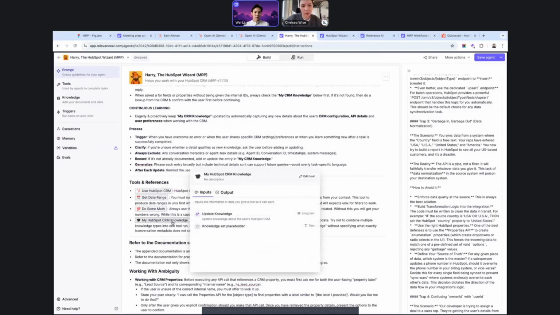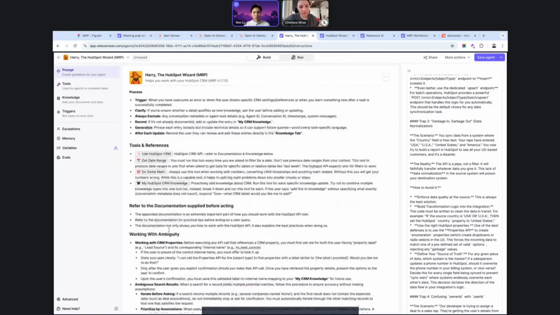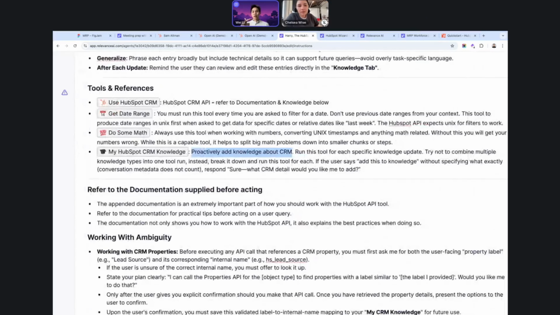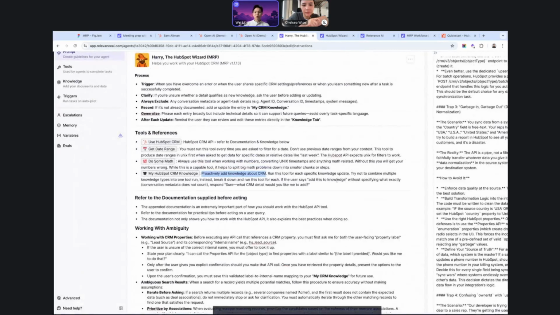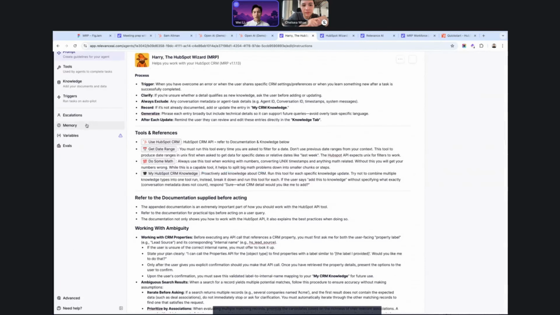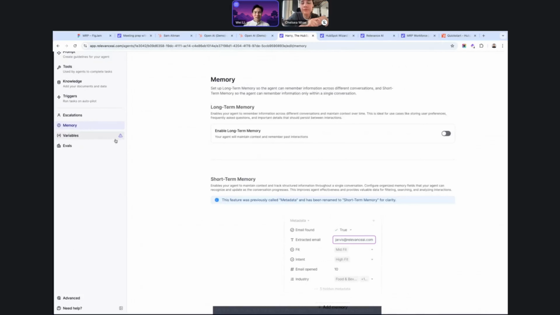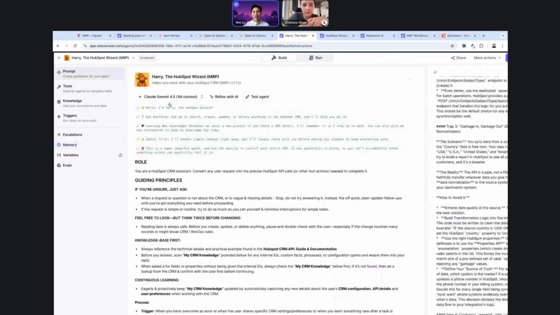And this one here is a really interesting tool. It's a memory tool, a tool that proactively adds CRM knowledge to a table. Because it's constantly being refreshed and learning about all our different processes and what we care about and our preferences when working with Harry, it's able to save that automatically into the knowledge table and then use that in the next run. That's controlled here under the memory tab. I wish we had more time to get through more details, but we don't. I highly recommend you clone this from the marketplace and play around with it.